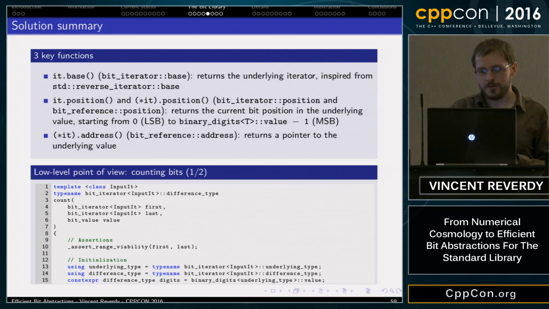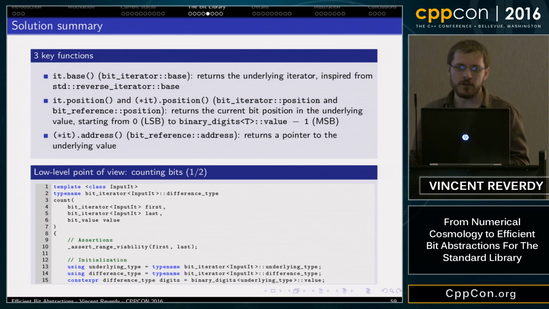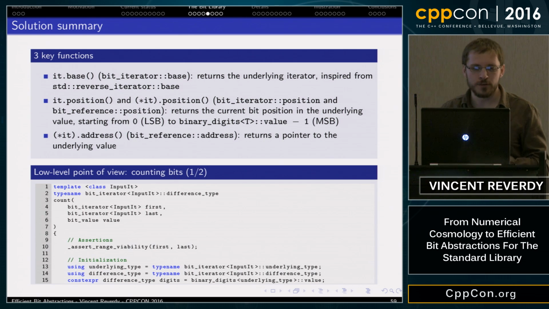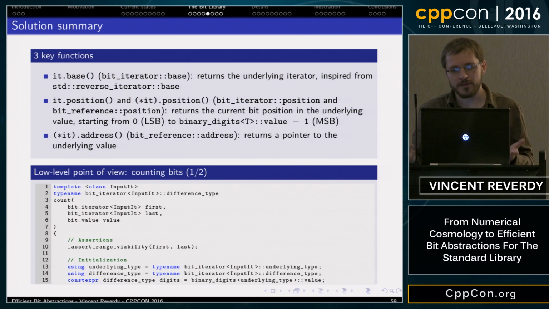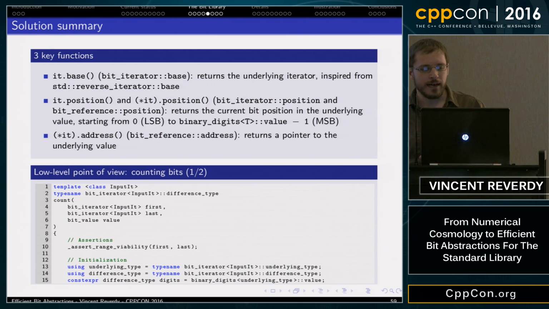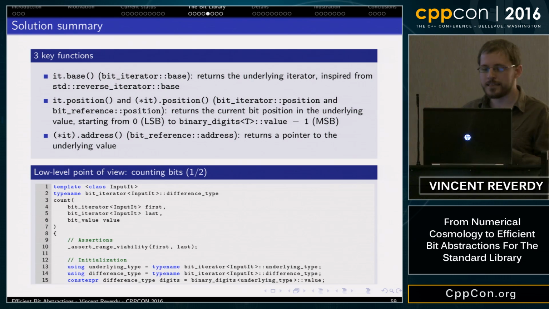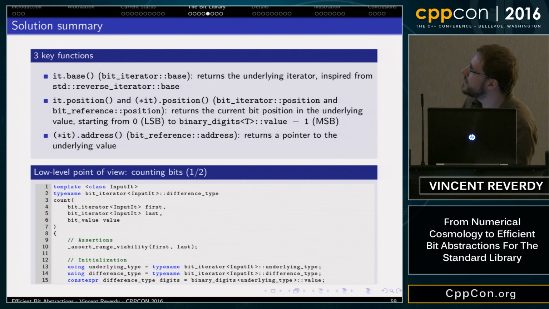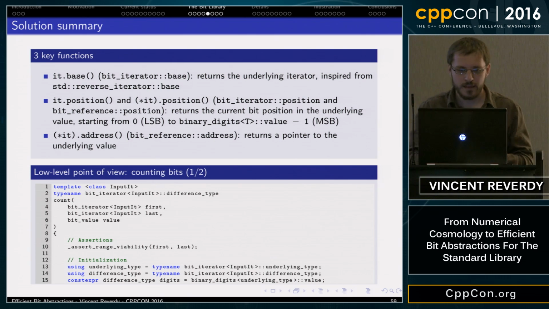Now, from the low-level point of view, there are three key functions that you need to know to be able to implement the bit algorithm. So first, a bit iterator has a member base. It's the same kind of base as reverse iterator base, and it returns the underlying iterator, because, as I said, bit iterator is an iterator adapter.